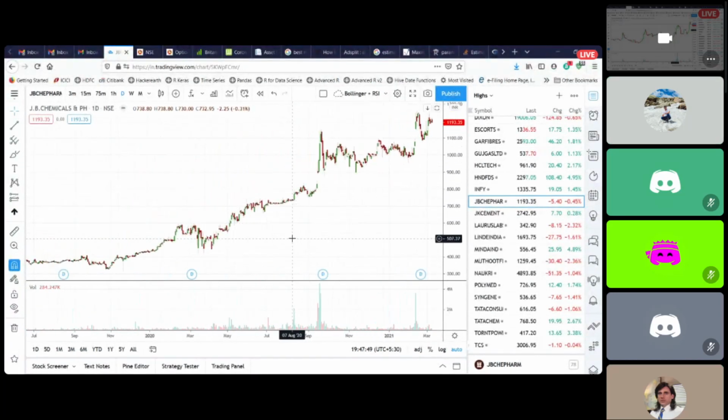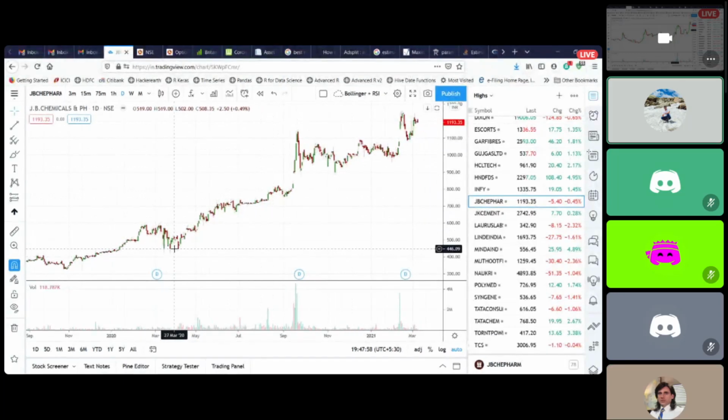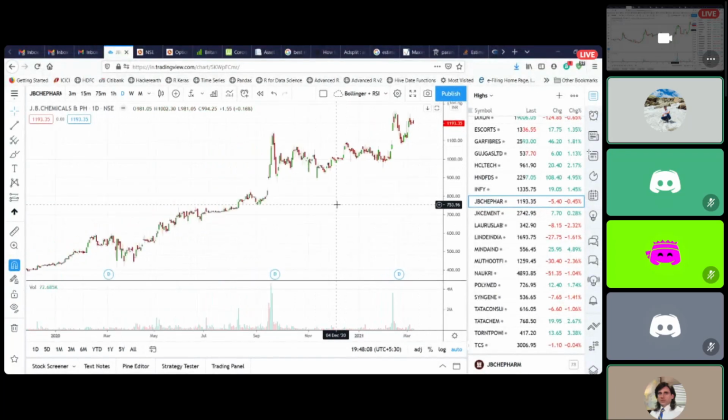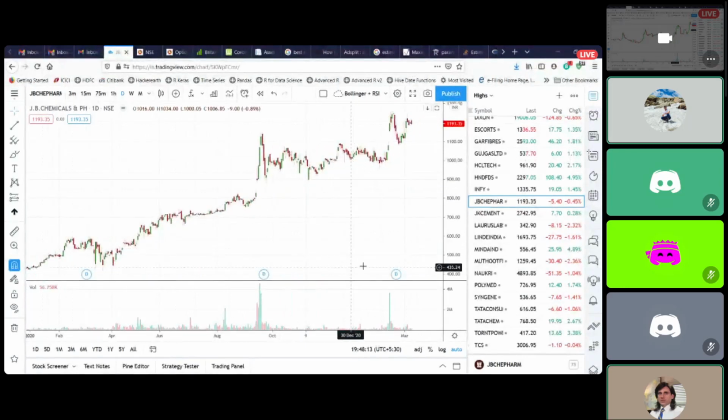For long term, the chart should always be like this in an uptrending chart, and your swing highs and swing lows should always be higher. Swing lows are very, very important. Keep looking at them, and they should always keep going higher. The moment you start seeing that the swing lows are getting broken, something is going off, so we need to deep dive into it. But as long as the setup holds, it holds.